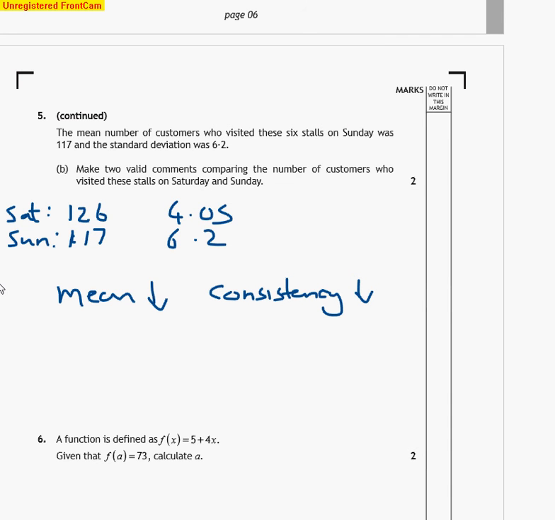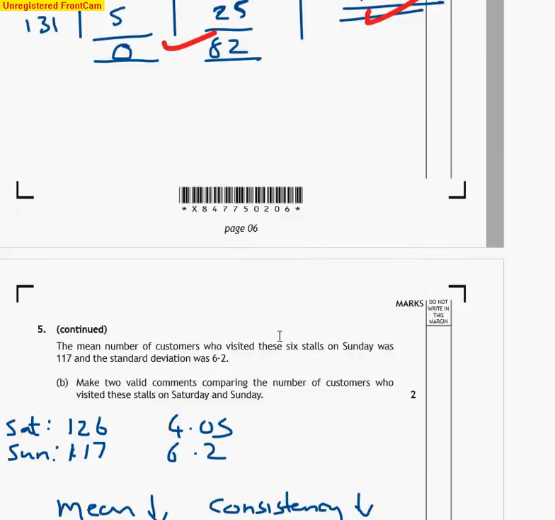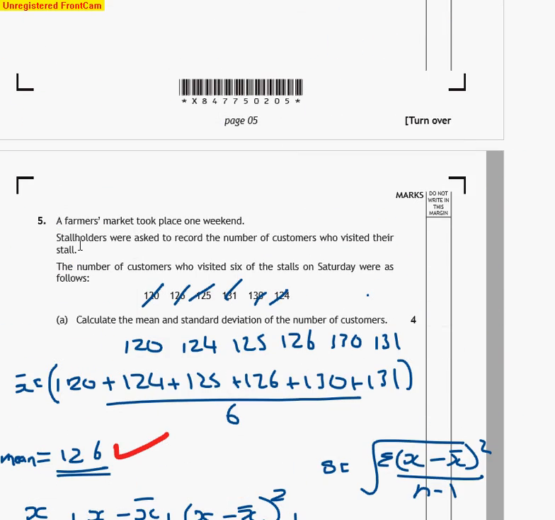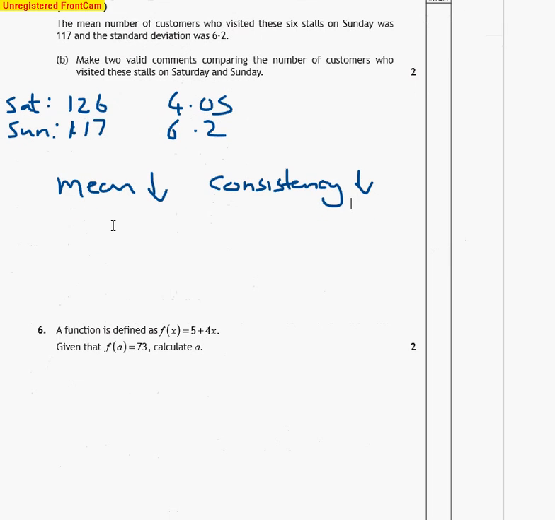Okay, so to put it into a sentence, we really need to reference, I'm running out of time, so I have to be quick, we have to reference the question in its entirety. So we're looking at the number of people who visited. Okay, so I would say the mean number of people who visited on Sunday was lower than Saturday. Okay, and I would say the consistency of the visits was lower on Sunday than it was on Saturday. Okay, so the phrase I've always thought of is on average as well. So on average, just to put that into words,